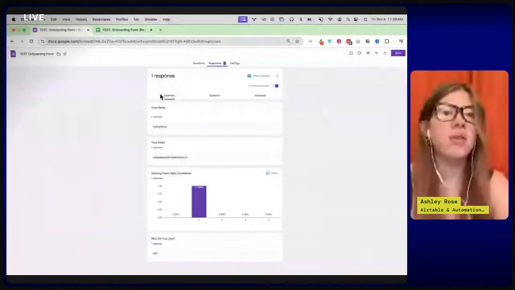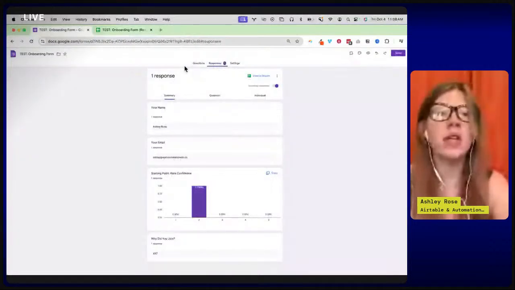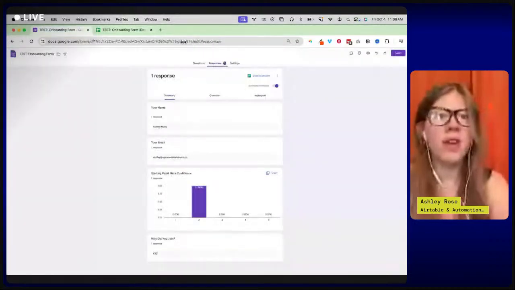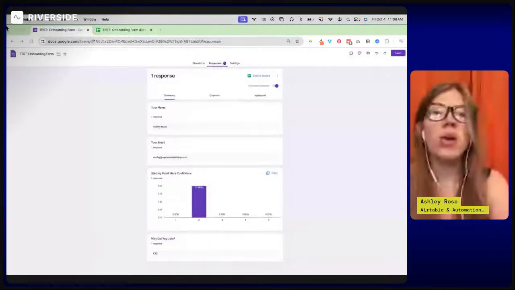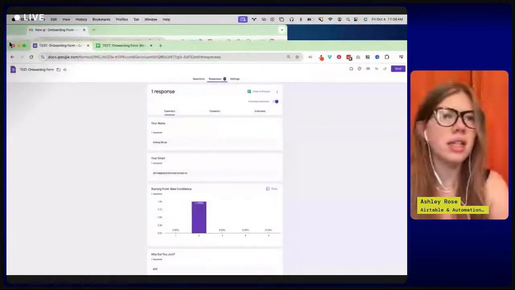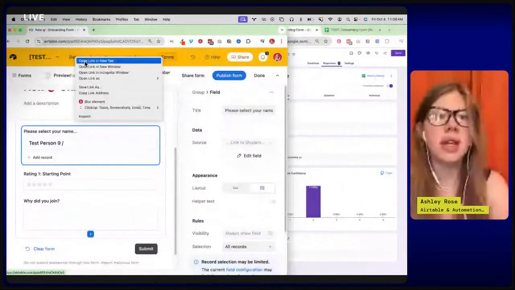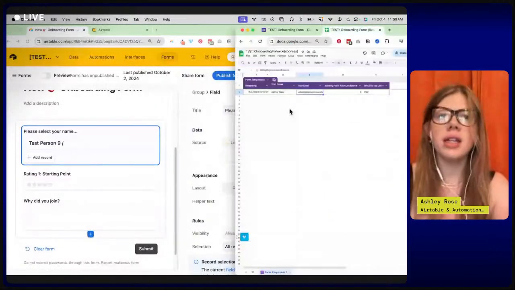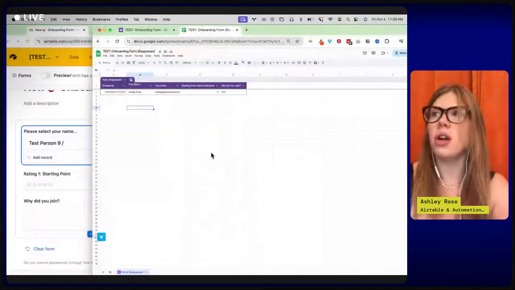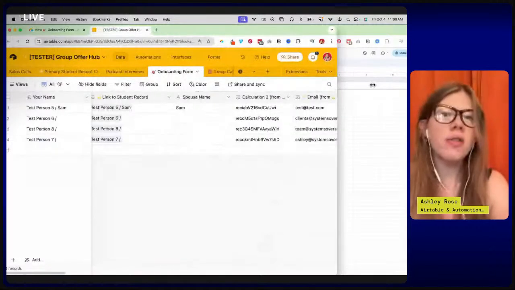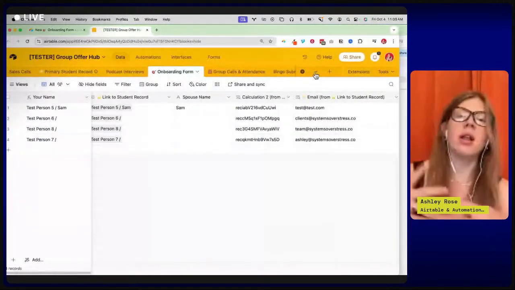If you've used Google Forms in the past, you can do this. And if you use Typeform, it's kind of the same thing. You can see the data in these silos. So that's the first, on face value, they look the same. But where we get crazy is the data side. So I'm going to open up the data, because instead of having all of these siloed spreadsheets like we do here on this Google side, in Airtable, you have all of the form tables in one table, what we call a hub or a base.